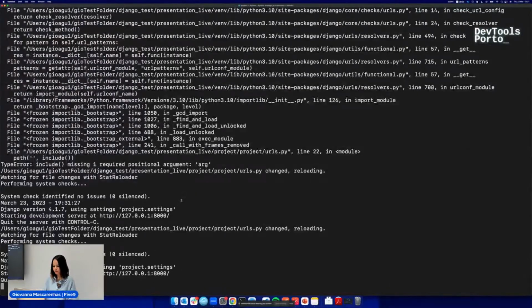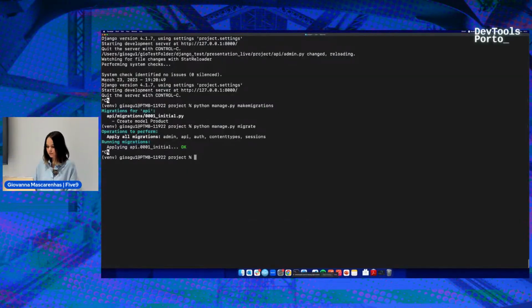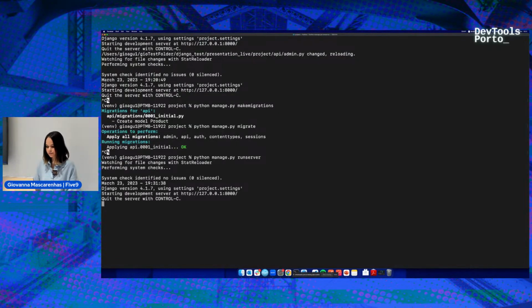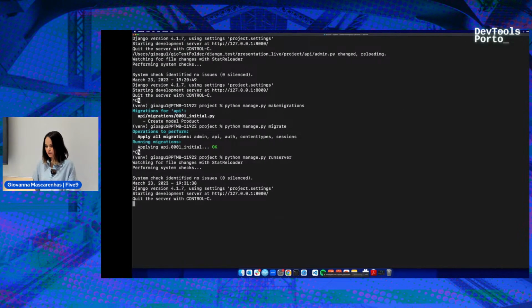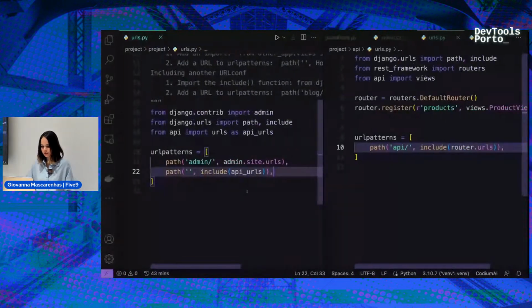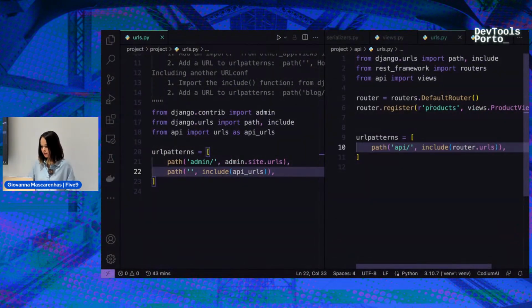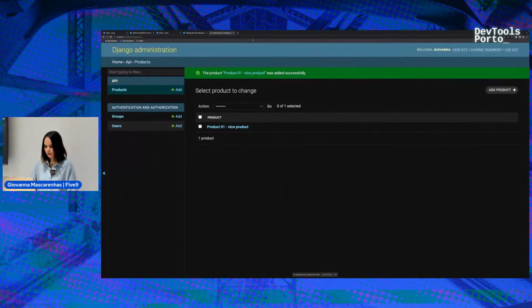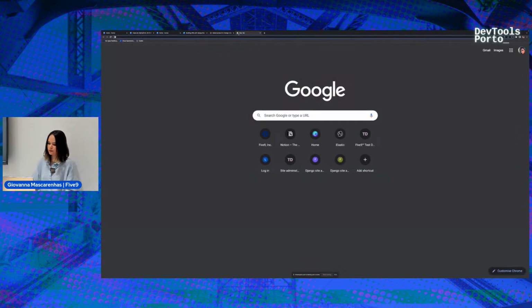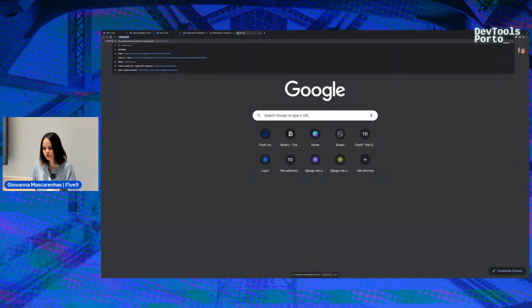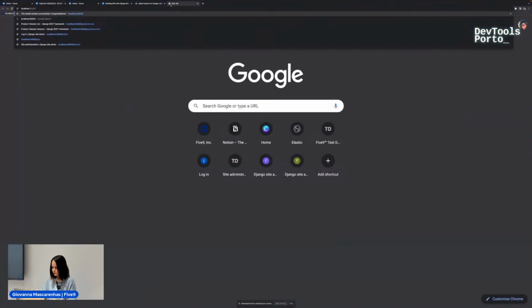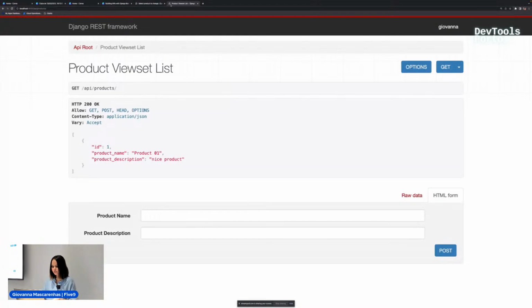I'm gonna just stop and I'm gonna run again. So let's check the new endpoint that we created. To see that, we're gonna need to add localhost API, the name of the endpoint that I created now, and here they are.